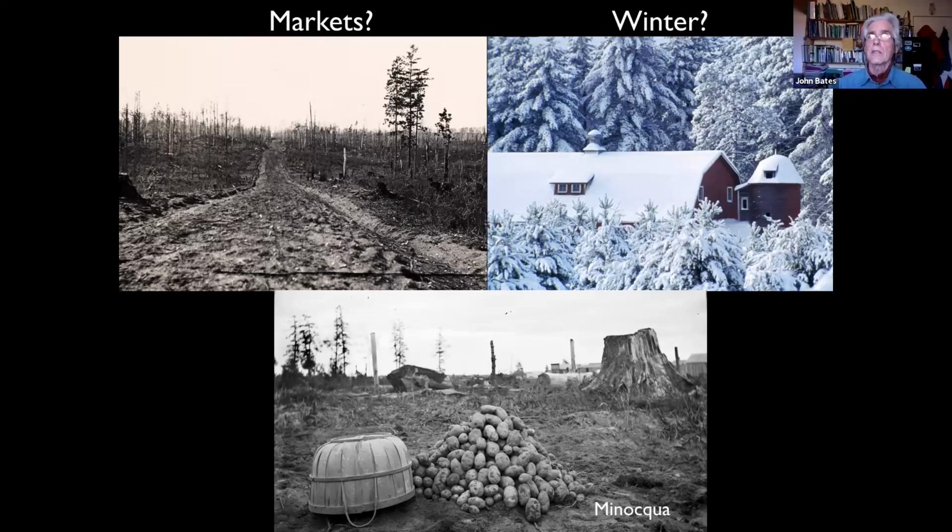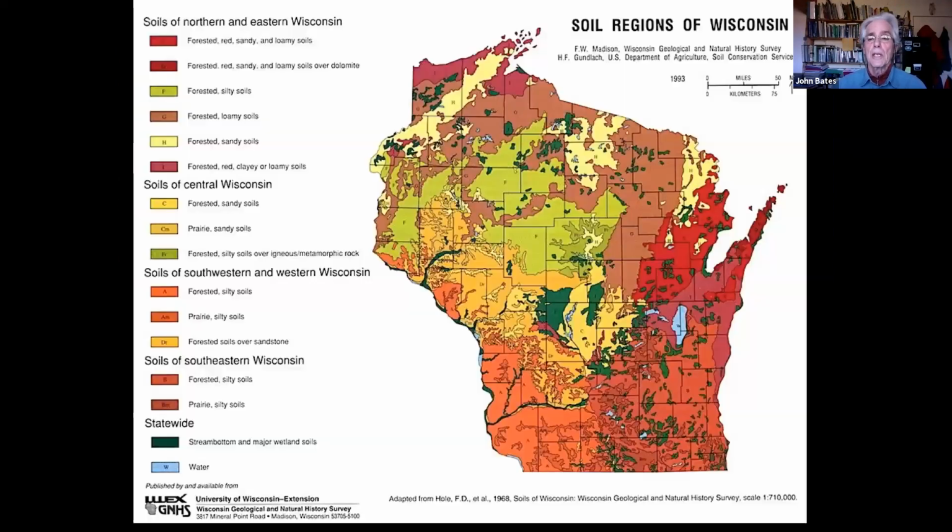The third factor of why it failed is simply we have poor soils. Anyone who lives in southern Wisconsin knows what soil looks like. We in northern Wisconsin still aren't real clear about what that really looks like. I live in southern Iron County in a bunch of sand. If you live in Oneida and Vilas County, you're living in a bunch of sand.